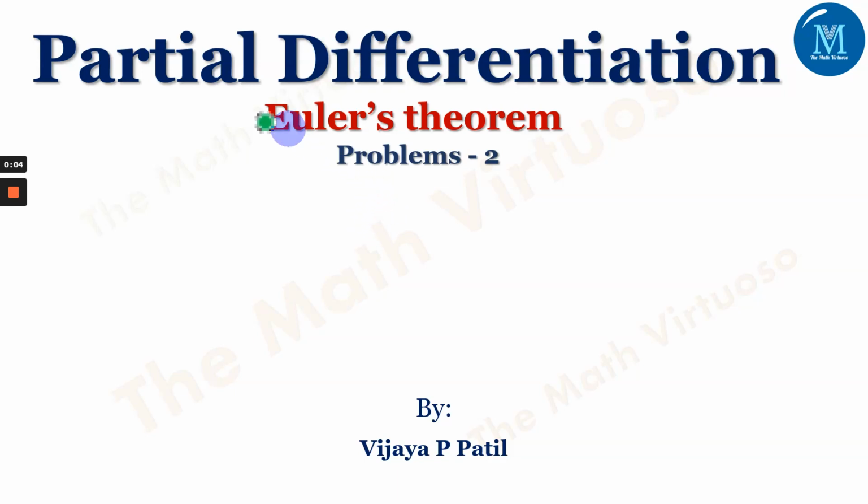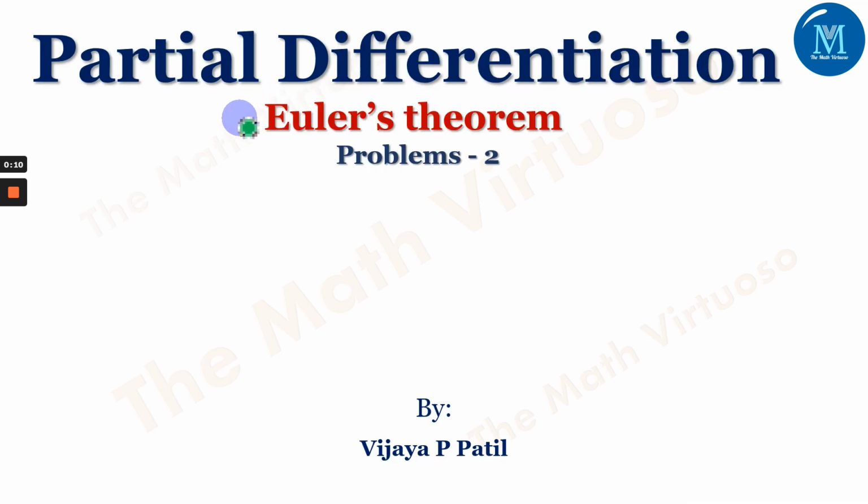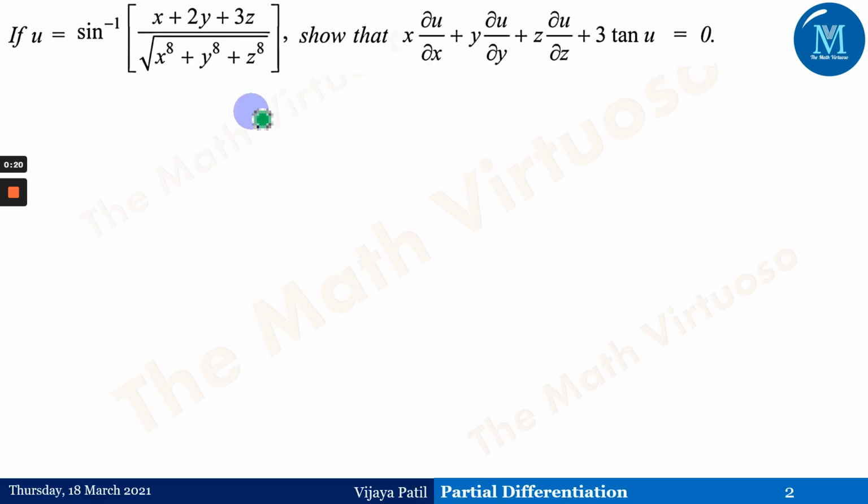Hello and Namaste. In continuation of the partial differentiation, we have already started with the Euler's theorem problems. Based on that, we'll be going ahead with the problems 2. In the problems 1, we have done the verification kind of questions along with the self observation slide. Now we'll be exploring something different based on the deduction as well as the definition of a homogeneous function, or the statement of a homogeneous function, your Euler's theorem.